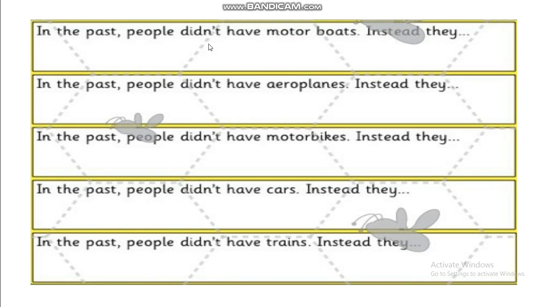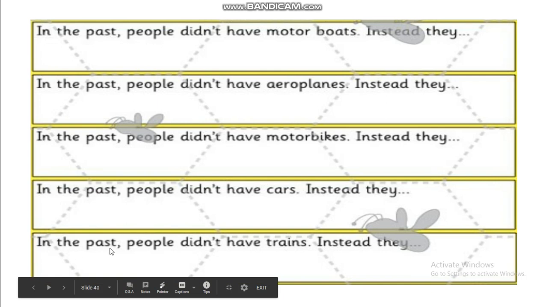In the past, people did not have motorboats. Instead, In the past, people did not have aeroplanes. Instead, In the past, people did not have motorbikes. Instead, In the past, people did not have cars. Instead, In the past, people did not have trains. Instead,